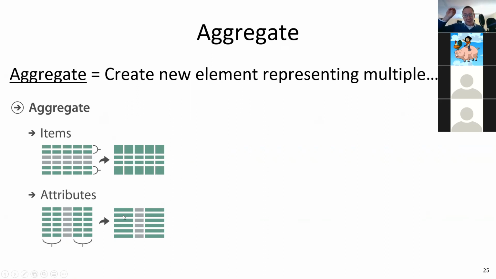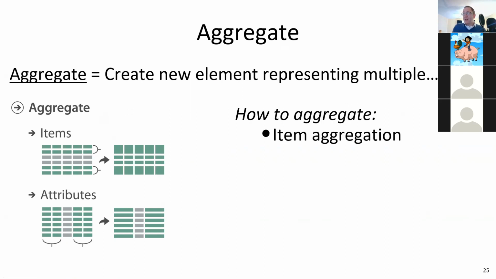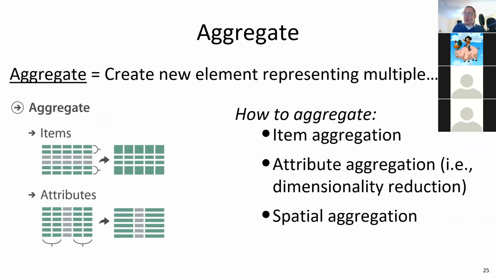So I can remove items and replace them with 1, or I can remove a whole bunch of attributes and replace them with 1. So we can do item aggregation. We can do attribute aggregation, which might also include dimensionality reduction. Dimensionality reduction is I have